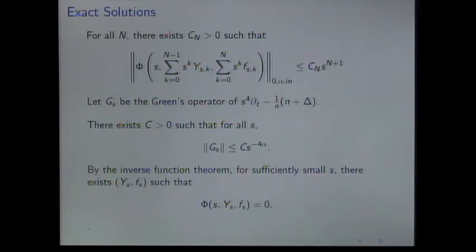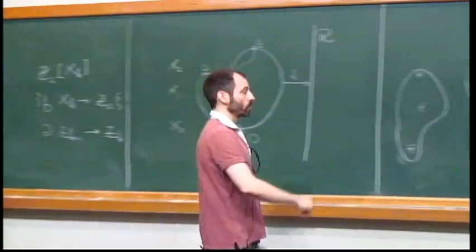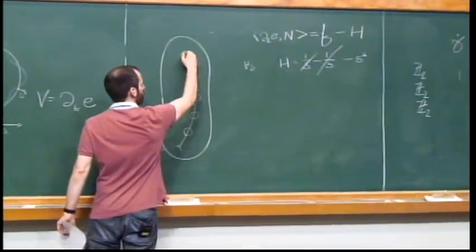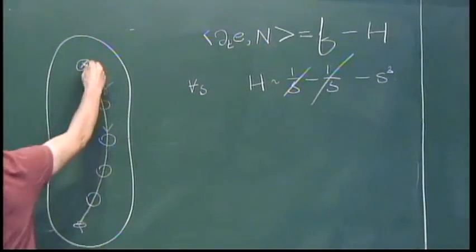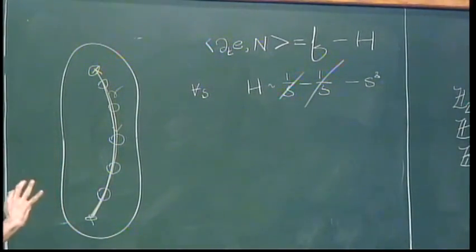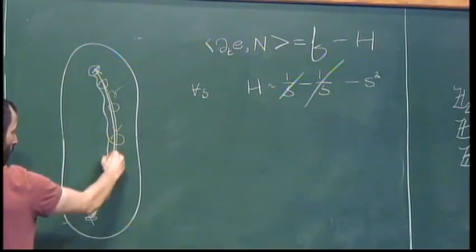And then you simply apply the inverse function theorem, and that will give you a vector field y and a function f such that this functional phi_s(y_s, f_s) is equal to 0. What does that mean? That means that for sufficiently small values of s, we have our critical points, which are constant mean curvature spheres. These are provided by Ye. We take our trajectories. Doing our parabolic singular perturbation, we can turn our trajectories into mean curvature flows.